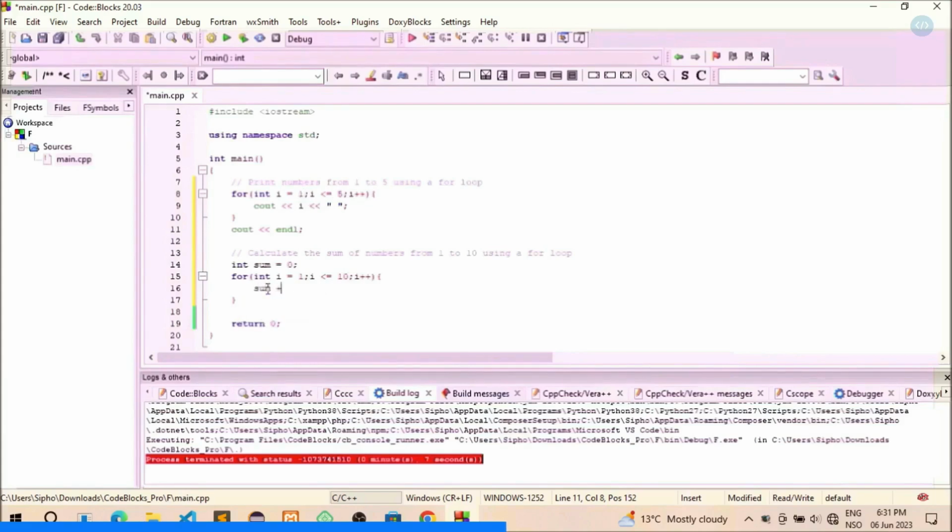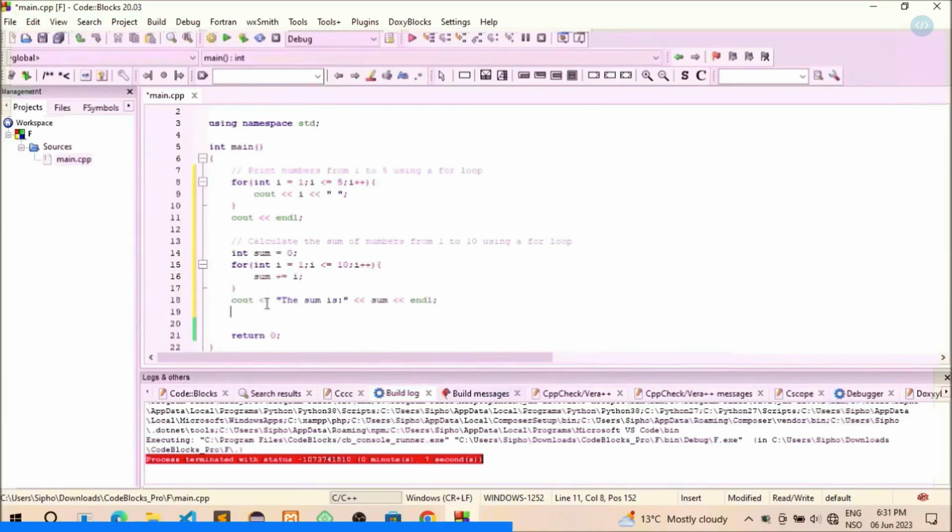Sum, add an assignment operator, j. Output: the sum is sum endl. Case 3: